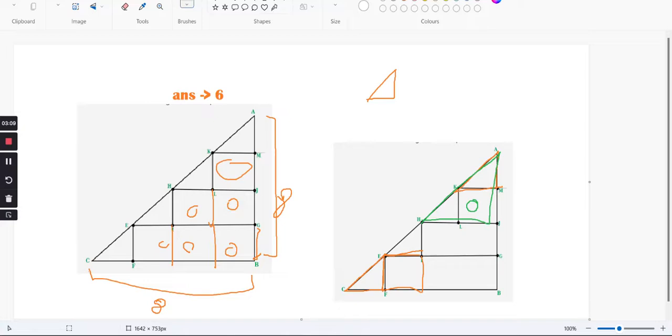Or you can have something like this case, when you can form three squares, these 1, 2, and